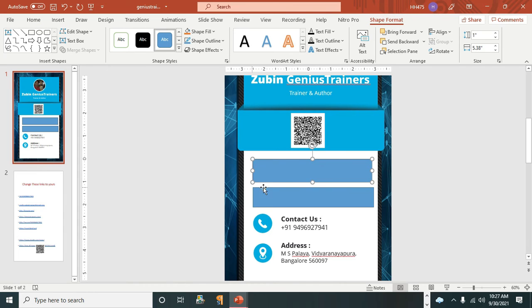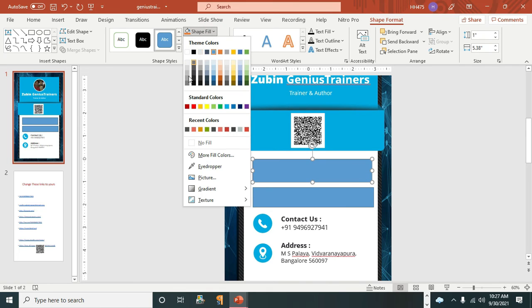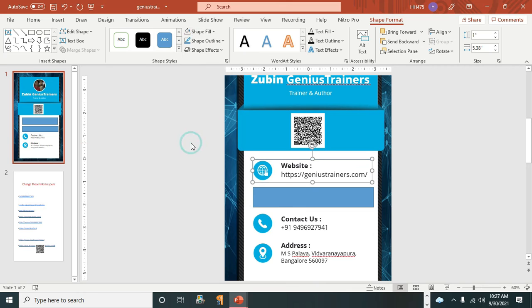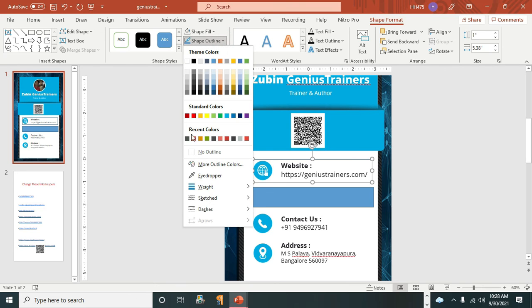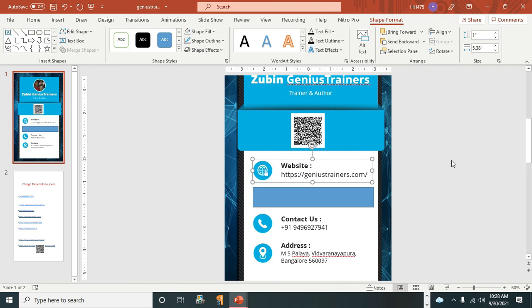Now first you remove the inner fill. For that, click shape fill, make it no fill. Now we have a border, we need to remove that. I will show the border. See, you can see a border over here. You need to remove that border. For that, keep it selected, then click shape outline and choose no outline. Now that is invisible. See, there is no border, but still the link is there.